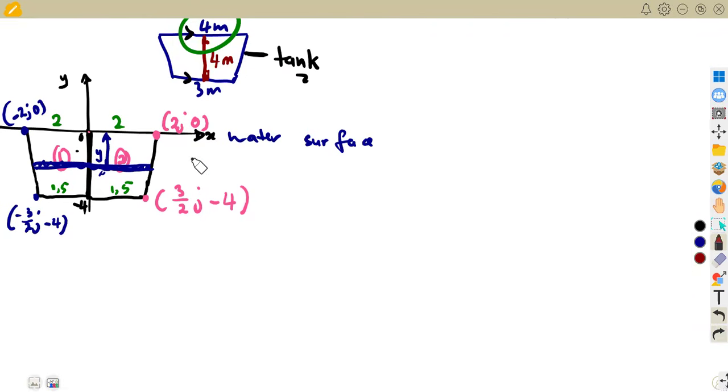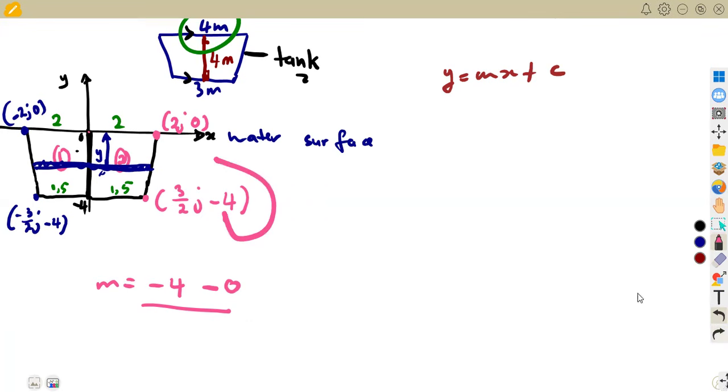So that's it. To find the relationship, since this is a straight line, we can take advantage of that. Find the equation of a straight line. y is equal to mx plus c, where m is the gradient. That means the change in y over the change in x. So m is equal to the change in y, that is, you subtract the y values, -4 minus 0, over the change in x, you subtract the x values. From this point to this point, since we took the y from this point first, you maintain the same order for x, that point to the other point. So it's going to be 3/2